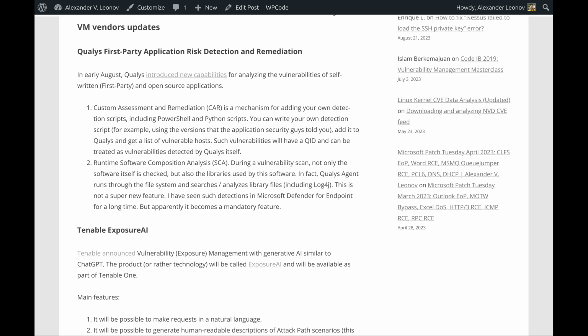VM vendors updates. Qualys first-party application risk detection and remediation. In early August, Qualys introduced new capabilities for analyzing the vulnerabilities of self-written first-party and open source applications. First, Custom Assessment and Remediation (CAR) is a mechanism for adding your own detection scripts, including